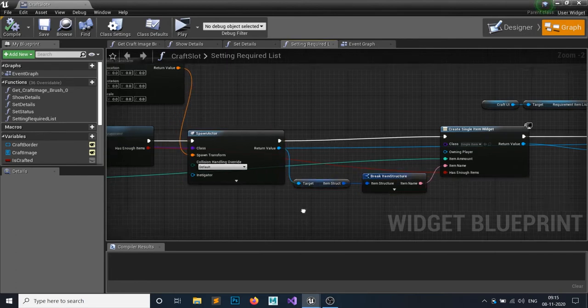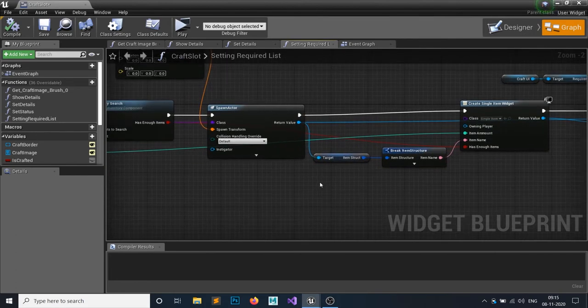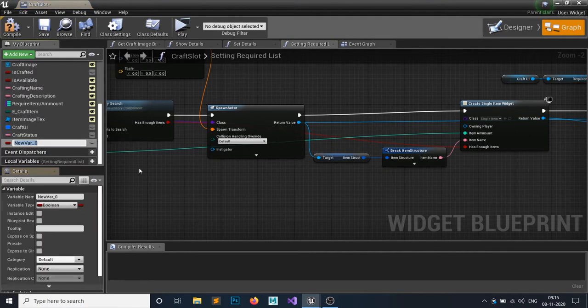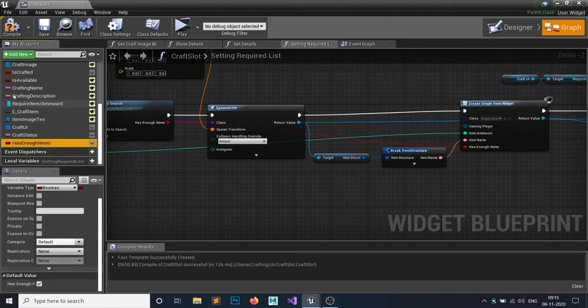Let me just make some room here. So before doing so, I want a new boolean called has enough items. By default it should be true. The default value of this should be true. So yeah, it has enough items, and if it found any items missing, then this should be false.